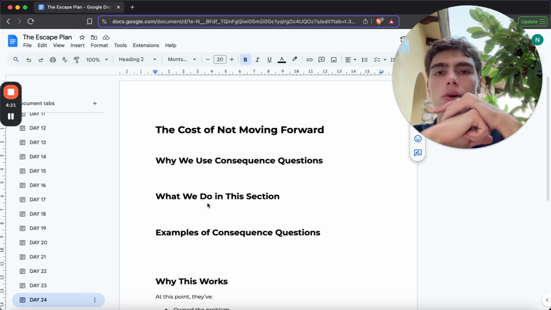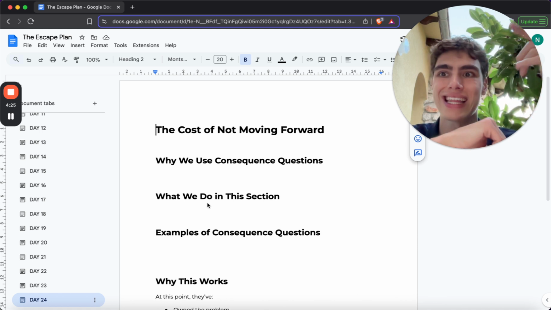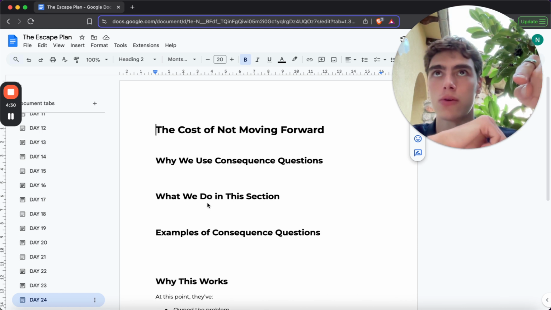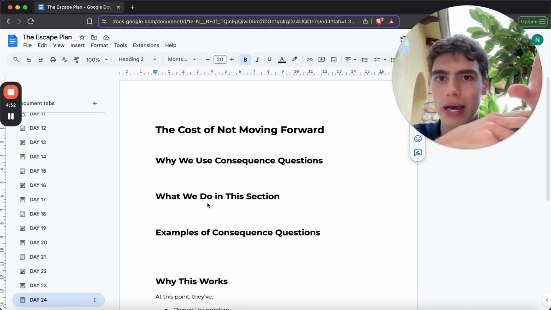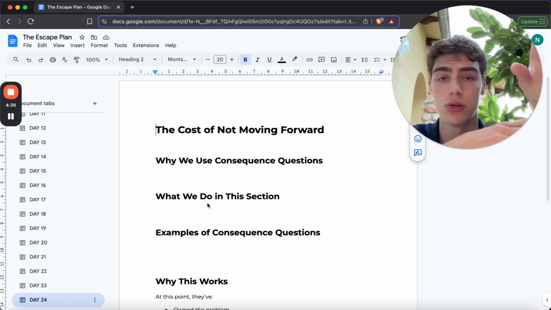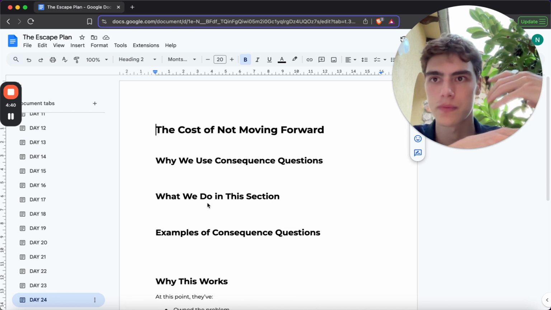But the thing is, there is another side to this, where you don't choose to take the action to get there, and you choose to stay where you are, right? And let's talk about that for a second. What does that look like to you moving forward if you don't take the action to get to XYZ